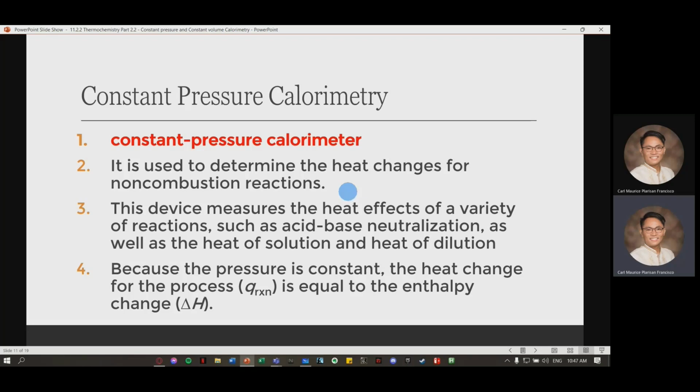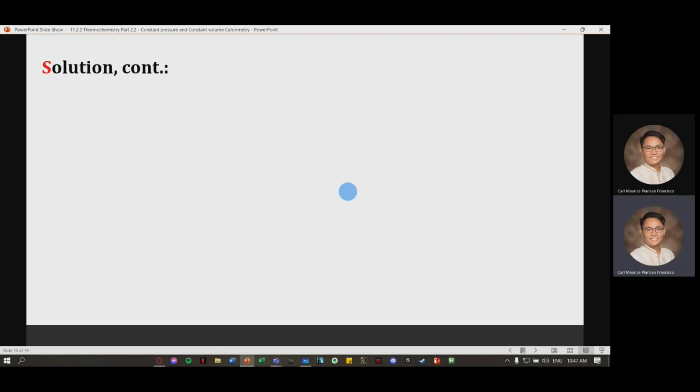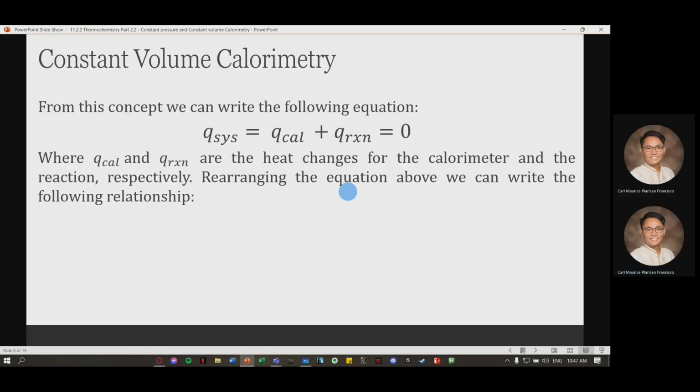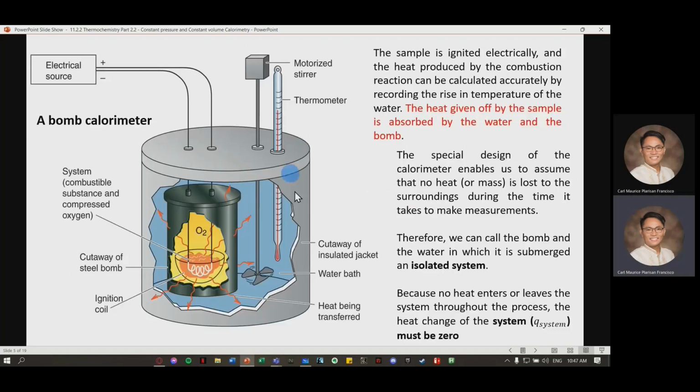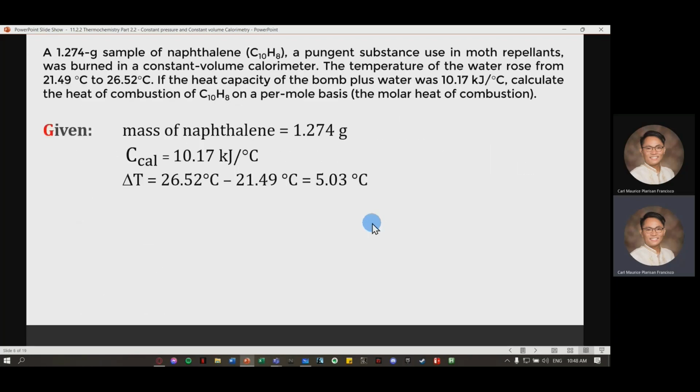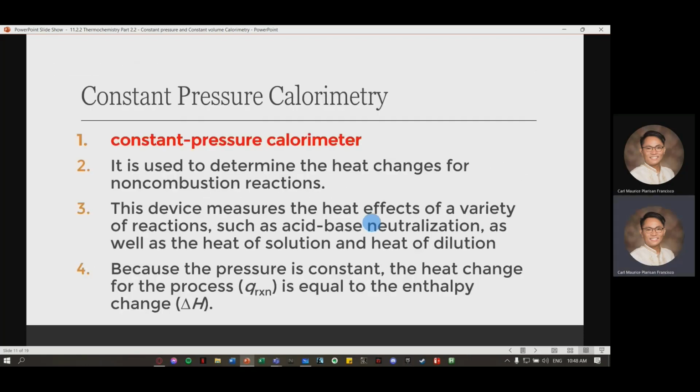Kung ang constant volume, ito ang purpose niya kapag ang reaction combustion. Okay, pag ang reaction ng isang system at surrounding ay combustion, we use constant volume calorimeter. Pero kung ang reaction ay non-combustion, okay, so ibig sabihin hindi combustion yung reaction,